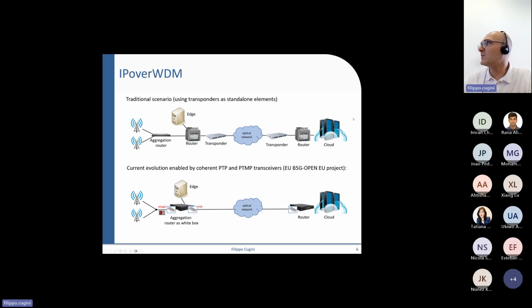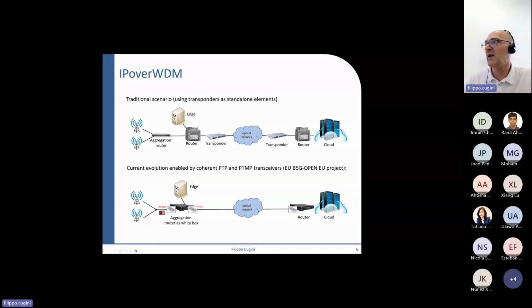Let's have a look at this scenario. In a traditional case, we have routers that, in order to cover long distances towards the cloud, always needed dedicated optical devices like transponders that provided very good transmission performance, which was difficult to host on a large router card in a cost-effective way.